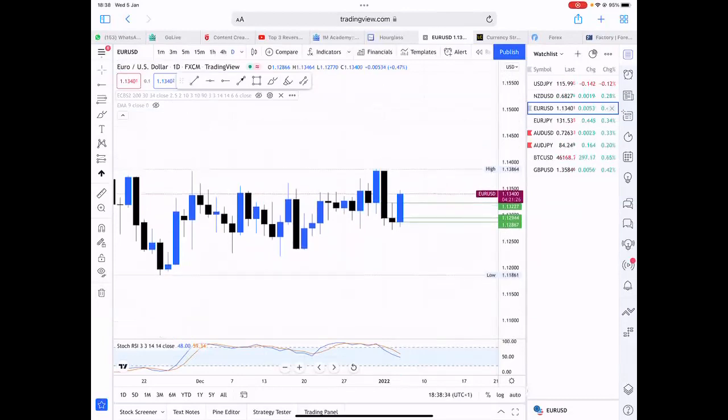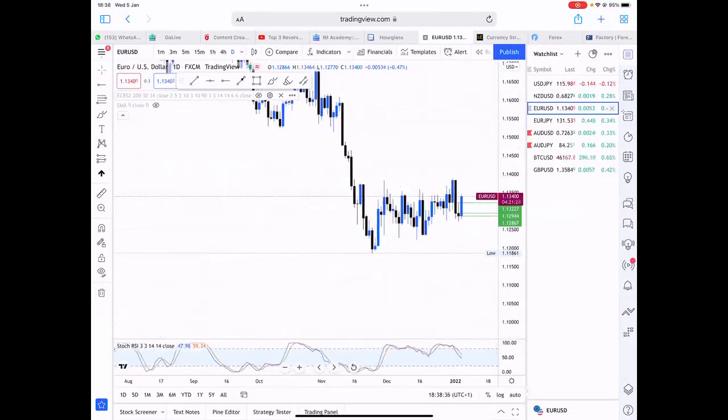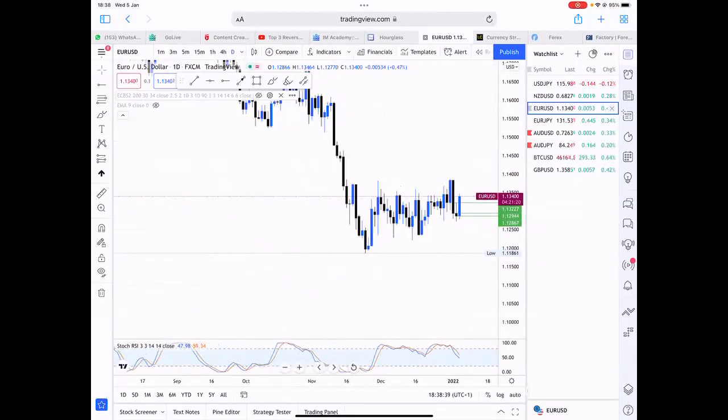But to be on the safer side, sometimes I zoom out. When I see that this market will crawl up to this place, I'll stop buying. Why? Because there's an area of value that the market will start selling from because of past record. I hope you can see what I mean. Just follow my cursor, the one that looks like a plus. Look at this, because in this place, the market reversed. So when the market comes back here, it will reverse down. So I'm always careful in that market.